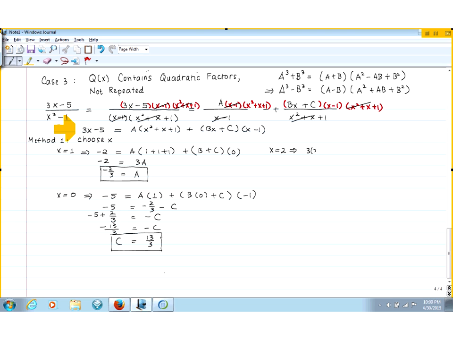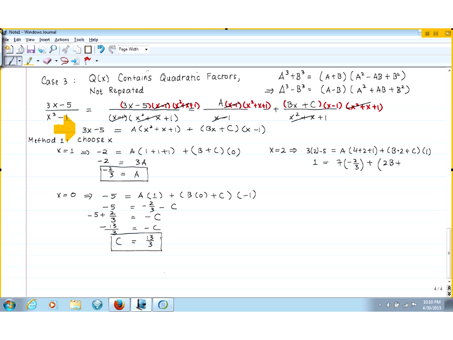When I substitute here, I have 3 times 2 minus 5, so 6 minus 5 is equal to 1, which is equal to a times 2 squared, so 4 plus 2 plus 1, plus b times 2 plus c times 2 minus 1, which is 1. So 1 is equal to 7a, and I know a is negative 2/3,